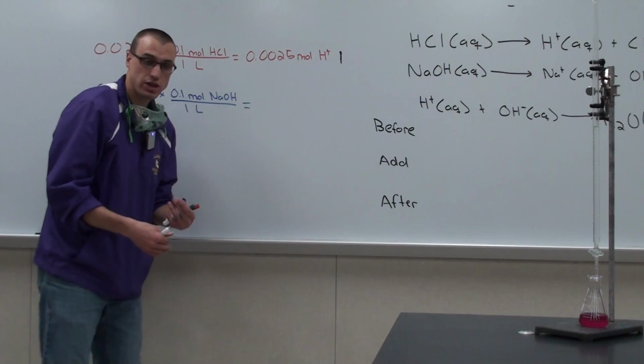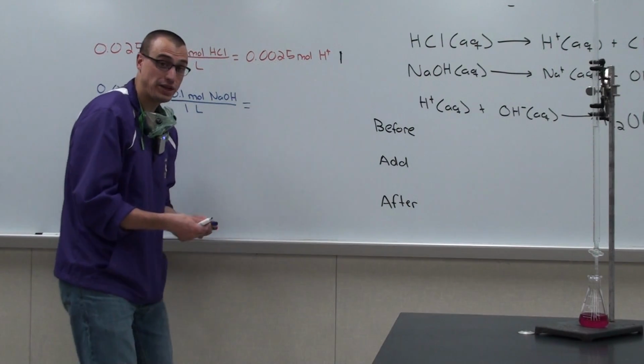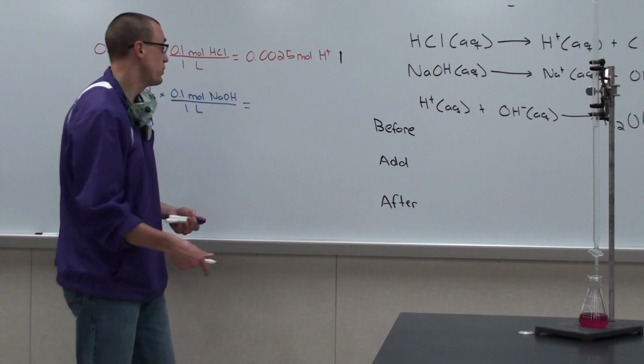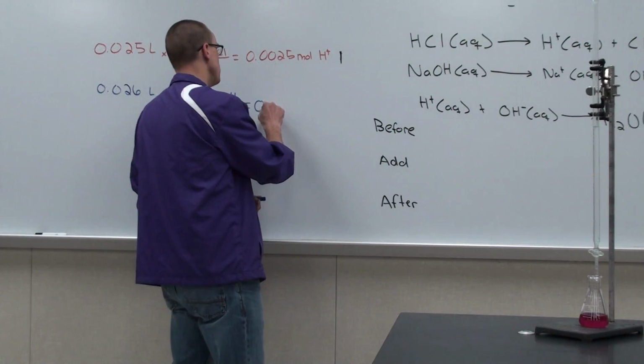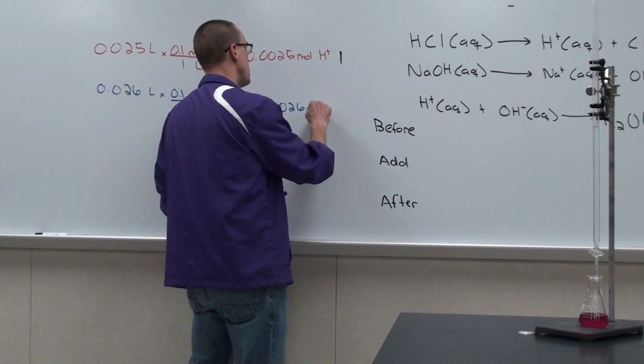When I go through the calculation, the number of moles of NaOH, and ultimately the number of moles of OH minus, is 0.0026 moles